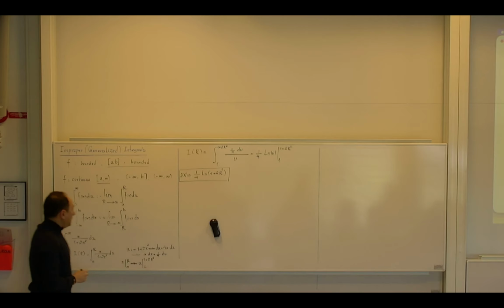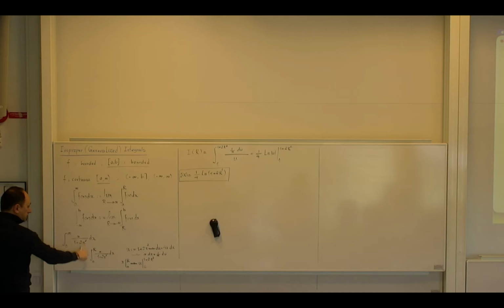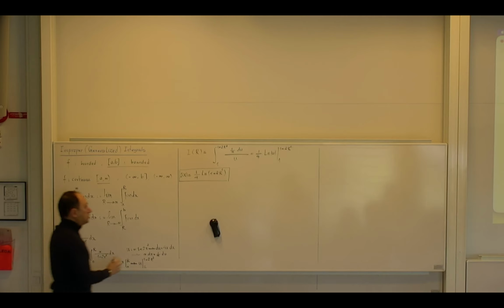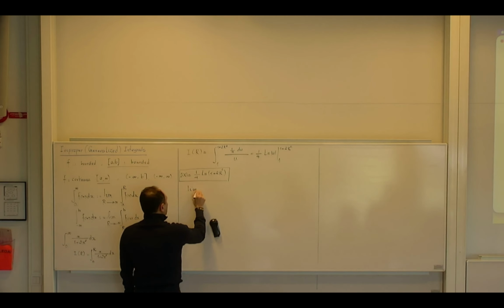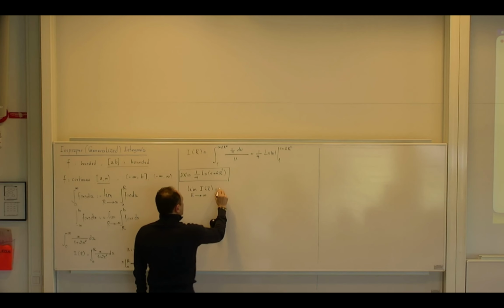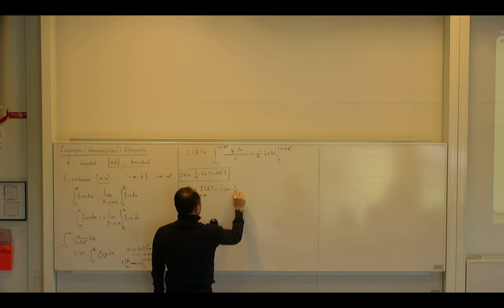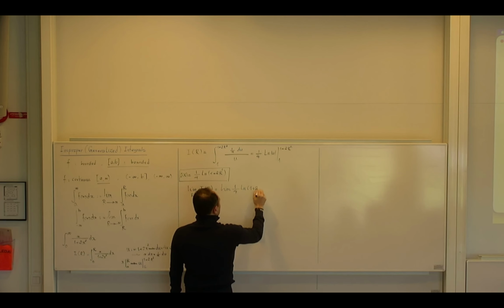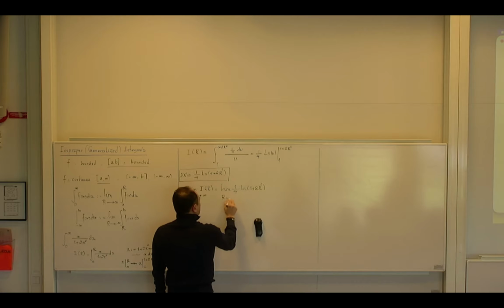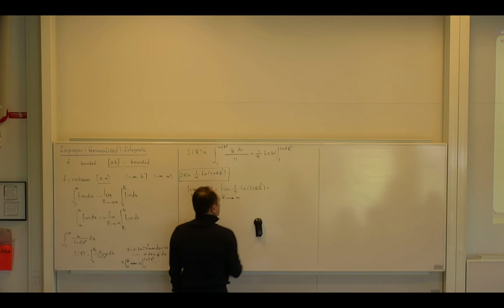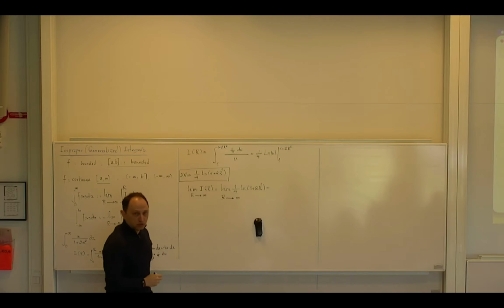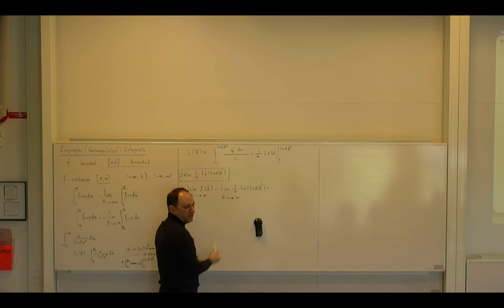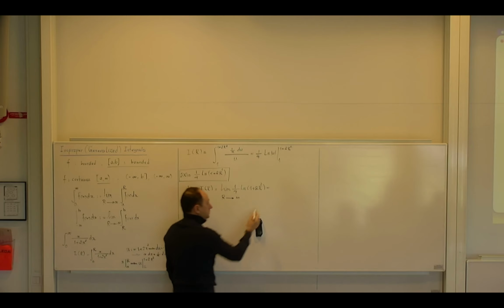Okay? And now what I have to do when I have my I r, I calculate the limit and send r to infinity. So this means that now I take the limit of I r when r goes to infinity. So this becomes the limit of 1/4 ln of 1 plus 2r squared, and then r goes to infinity. Okay, tell me what the answer is. R goes to infinity, so this is infinity. Ln of infinity is also infinity, divided by 4 is infinity, so that is infinity.